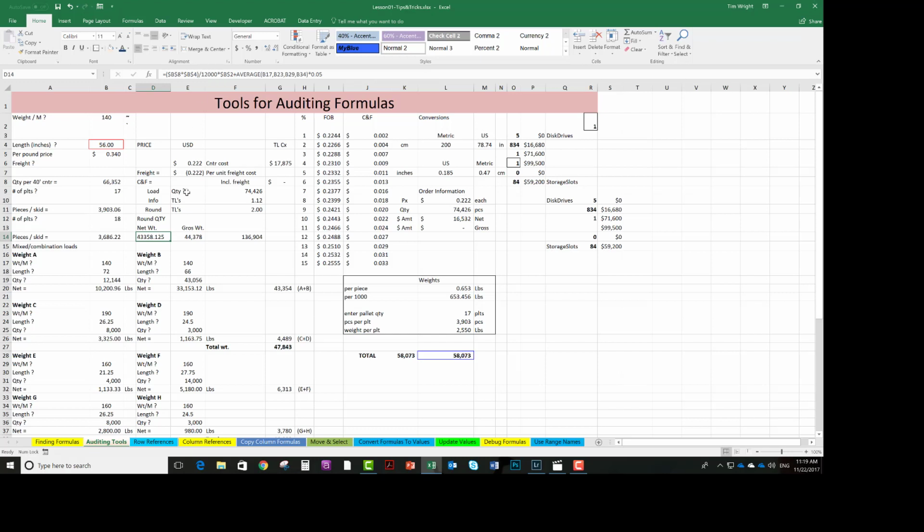So B4 is definitely part of getting this number. If I was to change B4 and make that 55 instead of 56 and hit enter, we should see D14 change